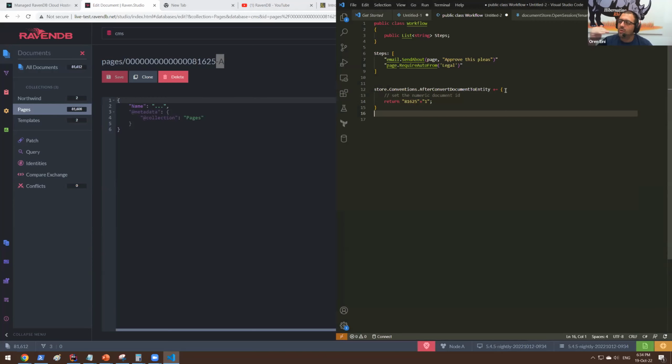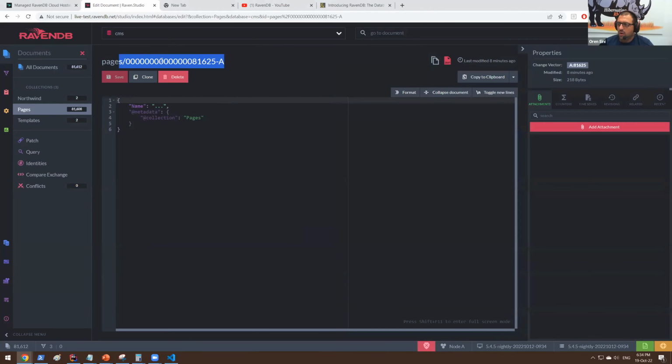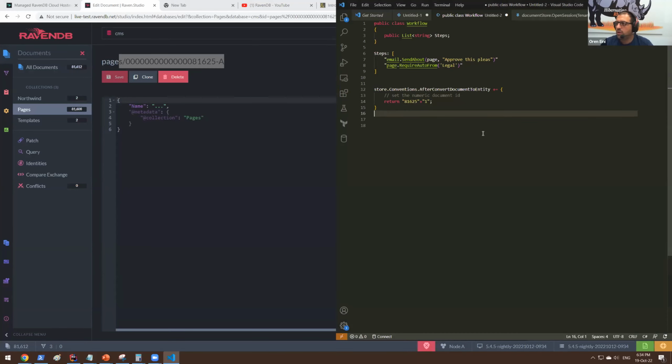And to go the other way around, where 1 is basically A, or 0A, however you want to do that, you write a conversion function from this user ID to this numeric ID. I'm showing you the steps here directly, but this would basically be the external document ID that you use. And then when you need to turn that into a document ID, you're going to say, okay, post slash